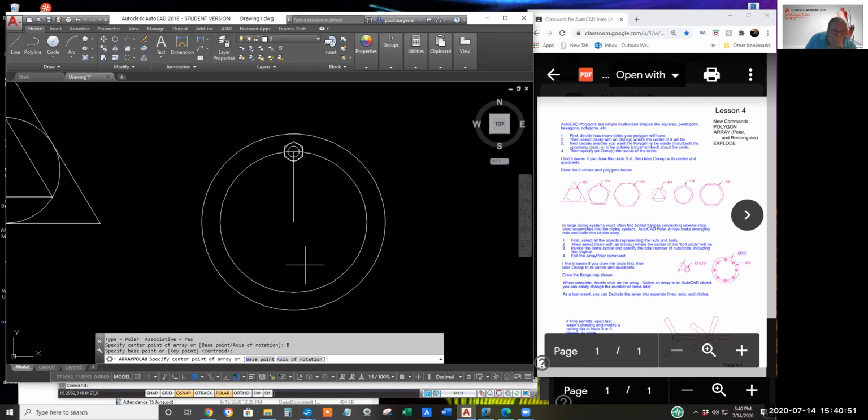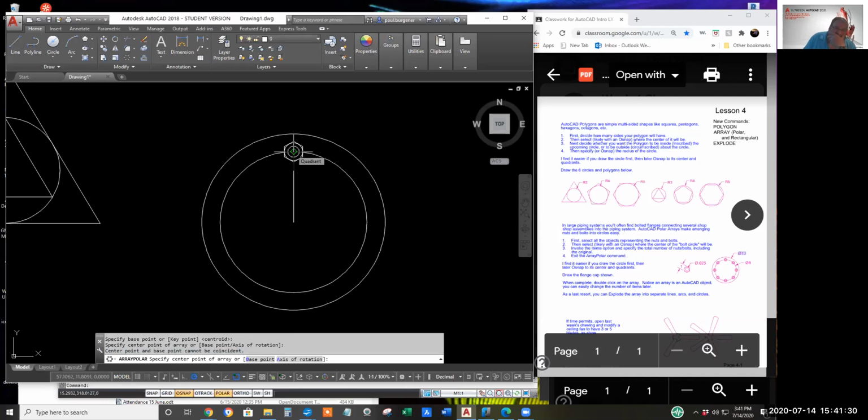You're right. I did it on my end and it worked, but I didn't get the number of arrays that I want, and I don't see how to do that yet. Well, you're right. I never noticed that before. But okay, it's prompting for center point of array. Disregard the options, just click on it. Center point. Oh, I'm sorry.